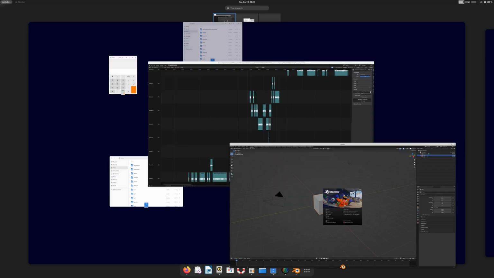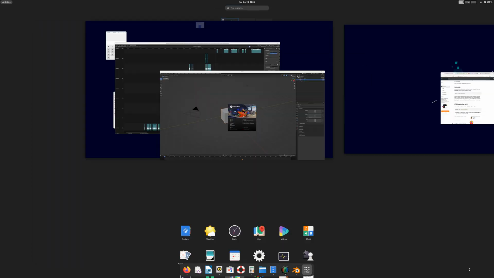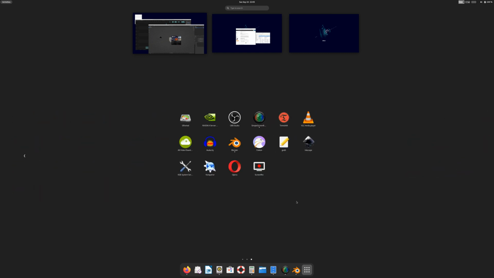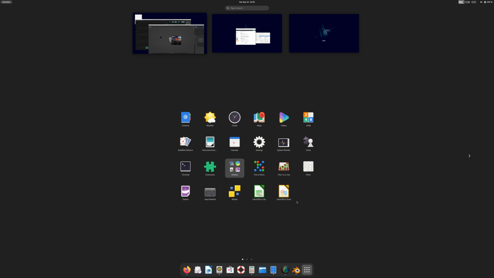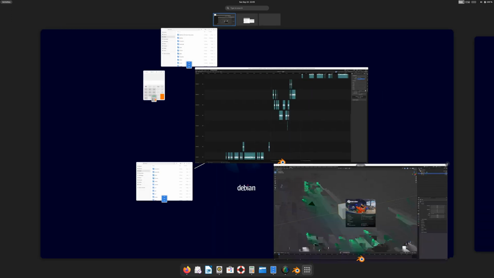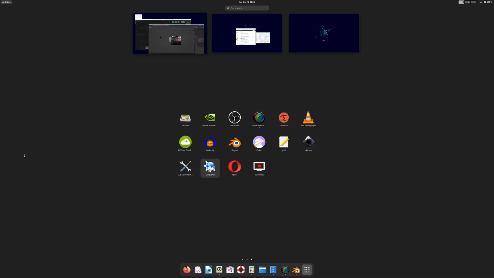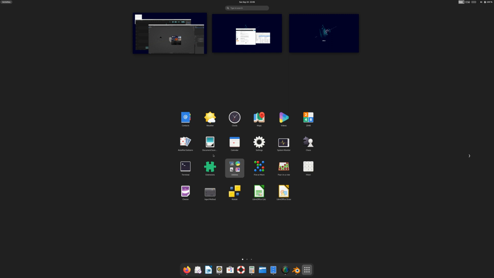At the extreme of the dash or the dock, you'll find this grid button that has 9 dots. Click the grid button to display the applications overview. The applications overview is sort of like the program menu in Windows. For some of you who are familiar with the Microsoft Windows operating system, this is slightly different from the Mac operating system, which puts applications in folders, just like you have files in folders, and which is kind of complicating